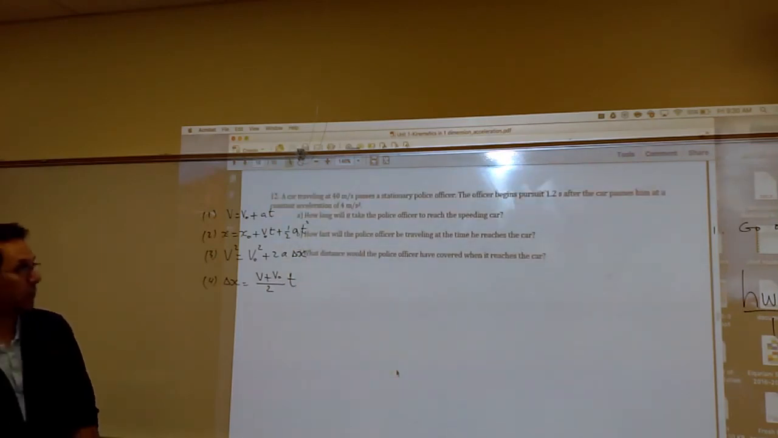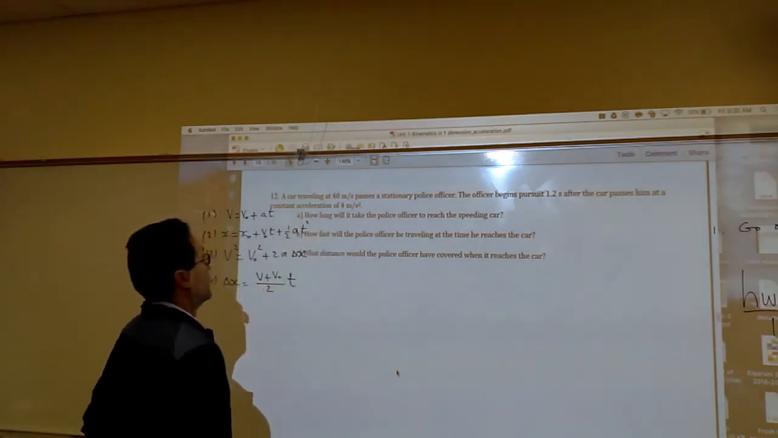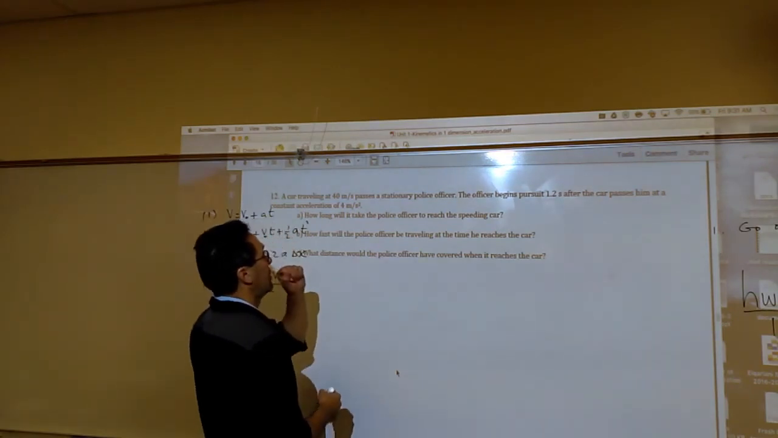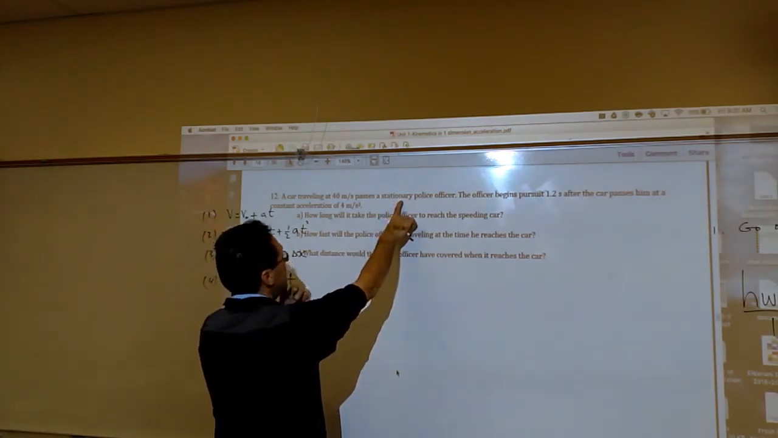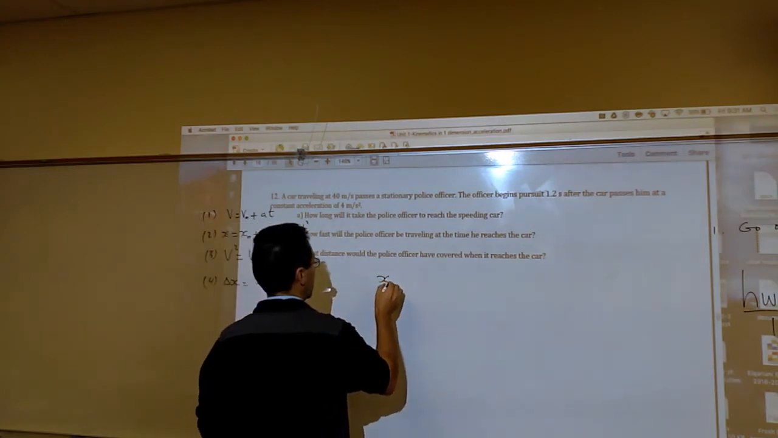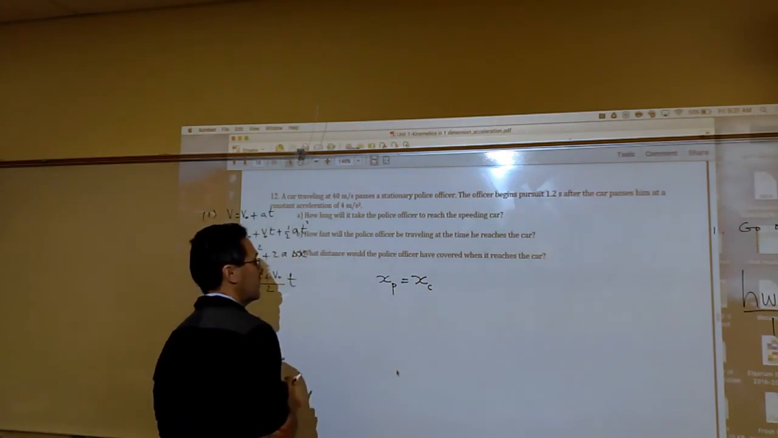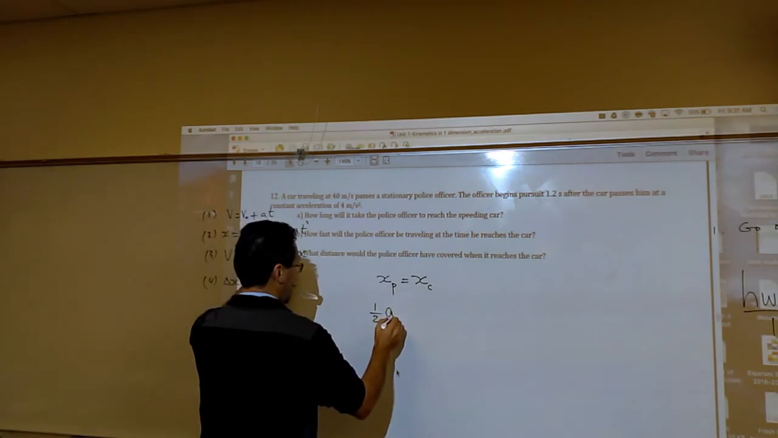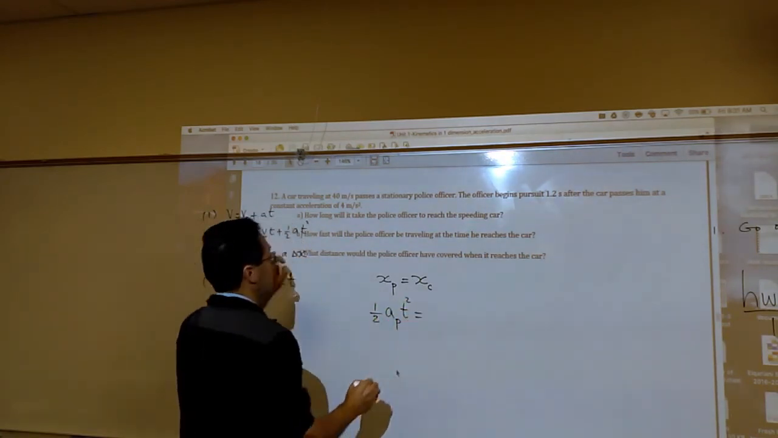All right. The police officer is chasing someone else this time. So they're starting from the same place. The police officer was stationary, which means he starts from rest. How long will it take the police officer to reach the speeding car? So we're going to say that the position of the police officer equals the position of the car. For the police officer, we use equation 2. And it's going to be 1/2 the a of the police times time squared equals,